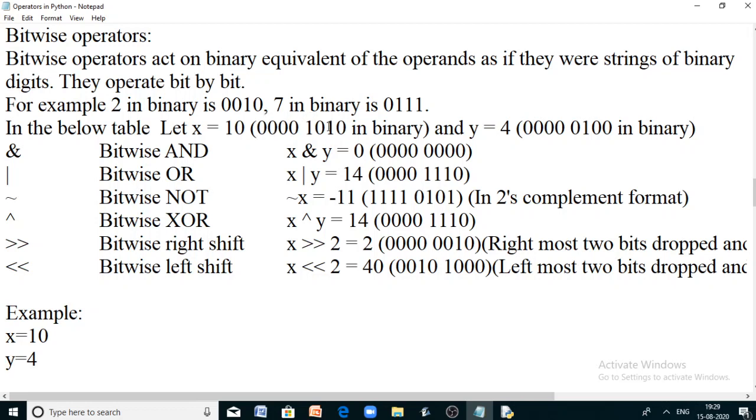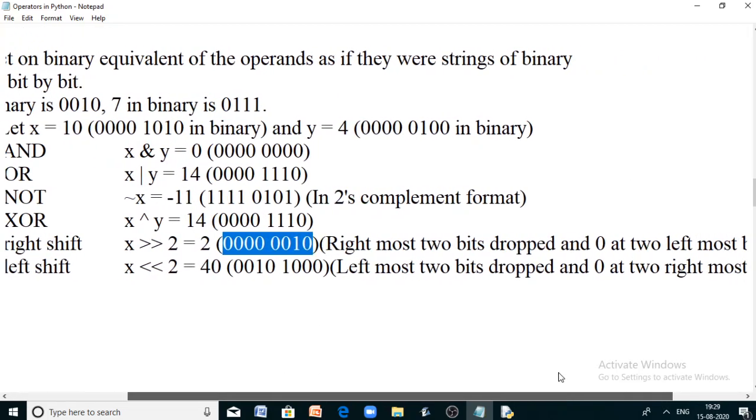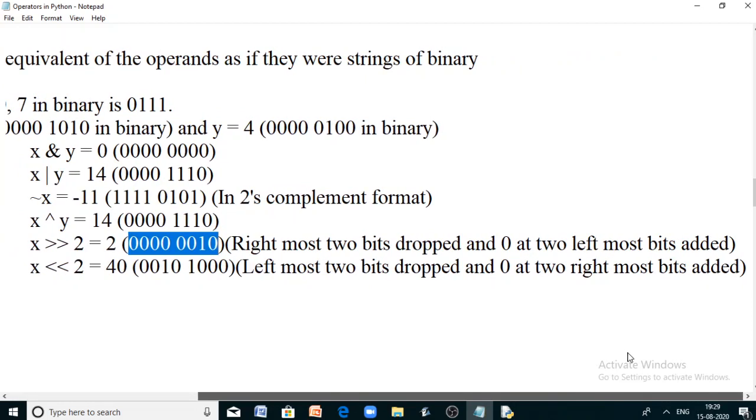The rightmost 2 bits will be dropped, 0 0 0 0 1 0 will remain, and after that two zeros will be added on the left. That's how you get 0 0 0 0 0 0 1 0 as a result. So when you do right shift, the rightmost bits, as many as you mention, will be dropped, and that many zeros will be added on the left side.